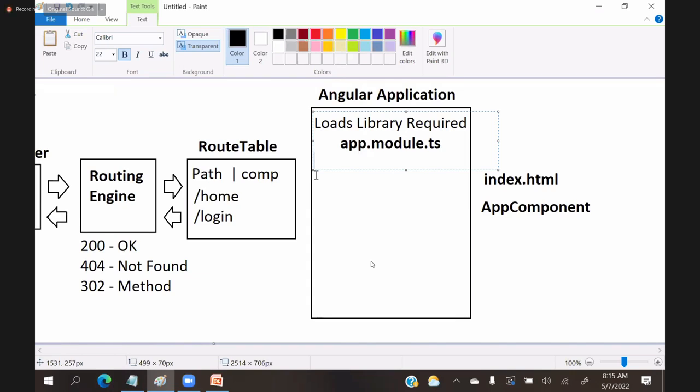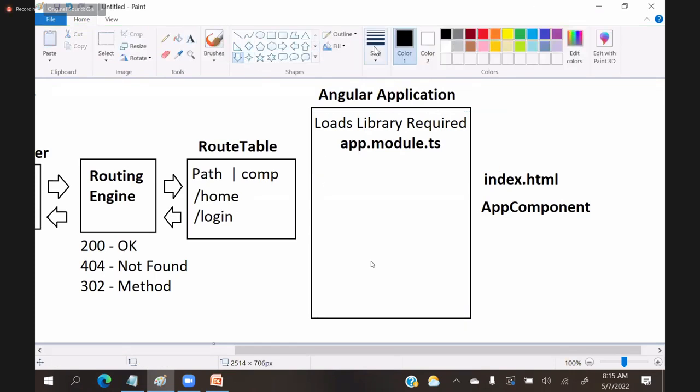app.module.ts. That means every Angular application contains a file called app.module.ts. This file contains information about what library is required for the current application. It will verify that. After verifying whatever library is required for the current application, then what happens is, this is going to